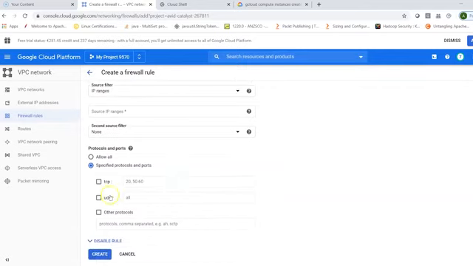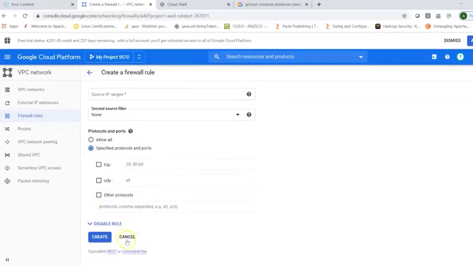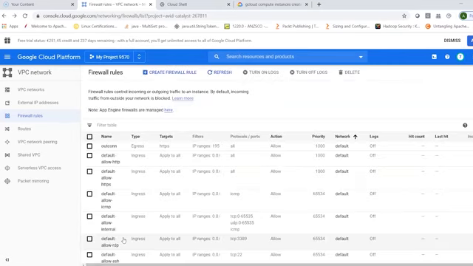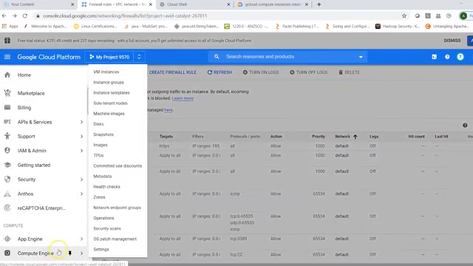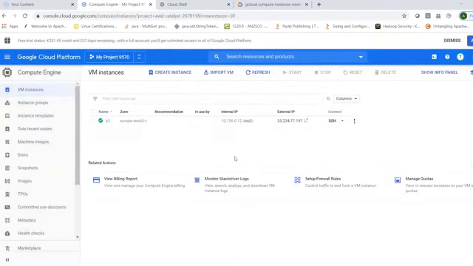You can choose a particular protocol. You can give protocols here with comma separated values, and you can create a firewall rule. This might be required depending on the services you are running, wherein you might want to enable access to your machine from an external service or to an external service. So you can always go to network details, then go into firewall rules, create a firewall rule, apply that to your instance and restart your instance. As of now, we don't need to create any network details here because my ingress or egress